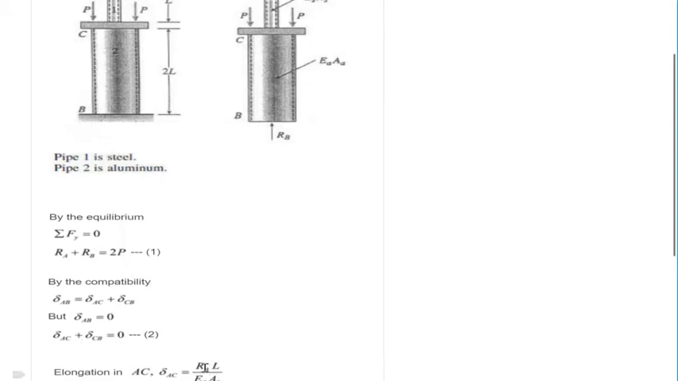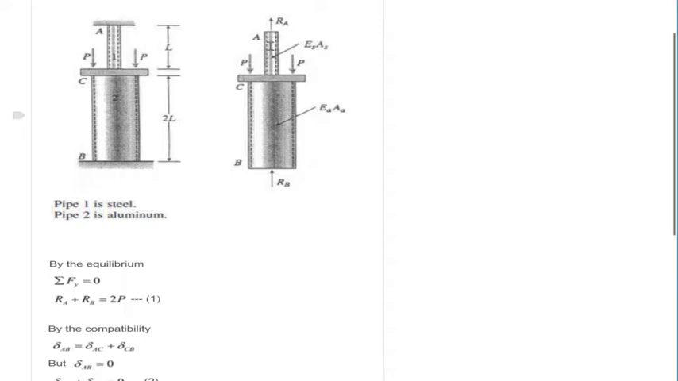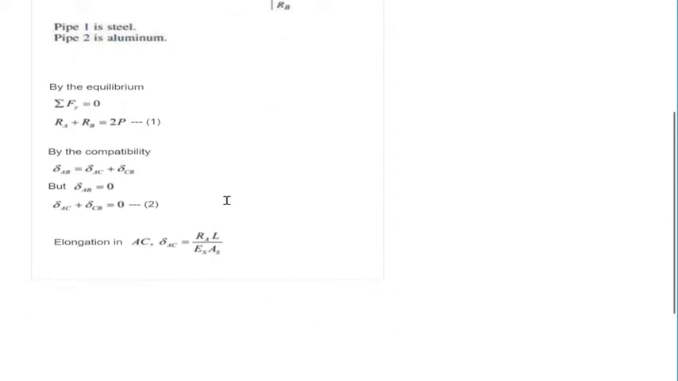The reaction in A, that is the one that is acting directly on pipe A of the steel, times the length of the steel over the modulus of elasticity of the steel times the cross-sectional area of the steel. Good. Now, we do the same